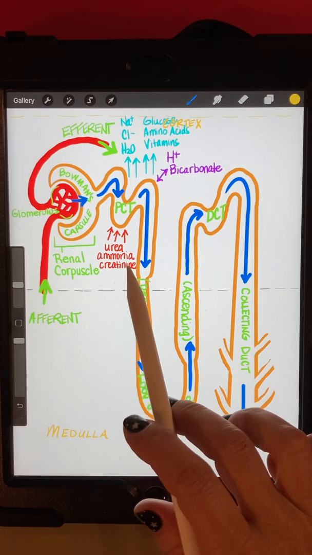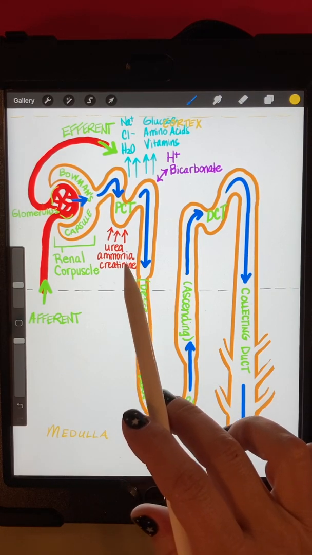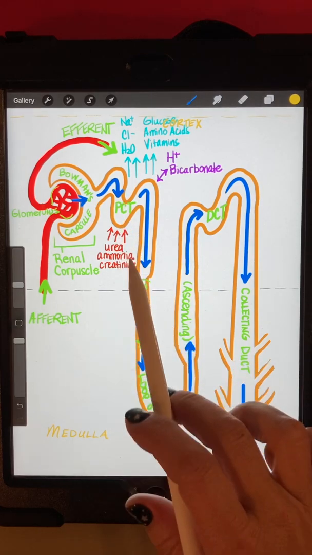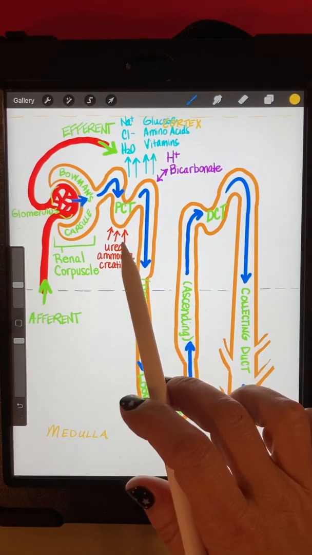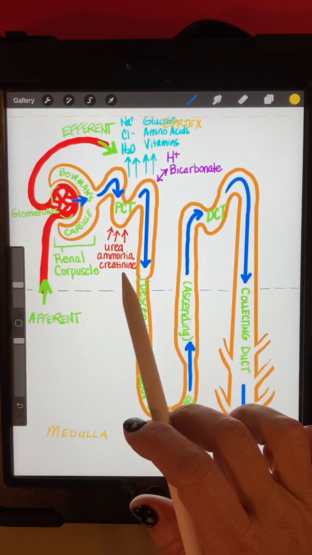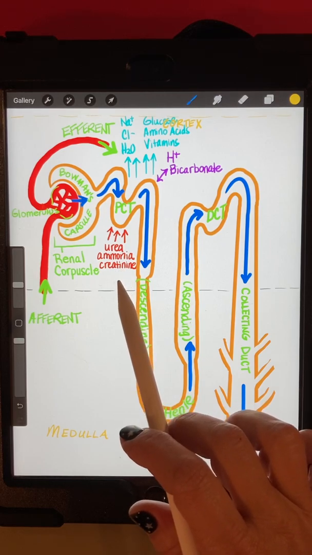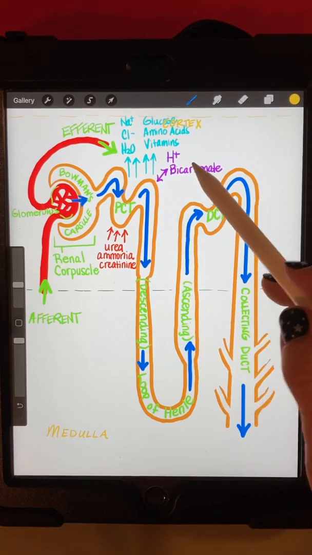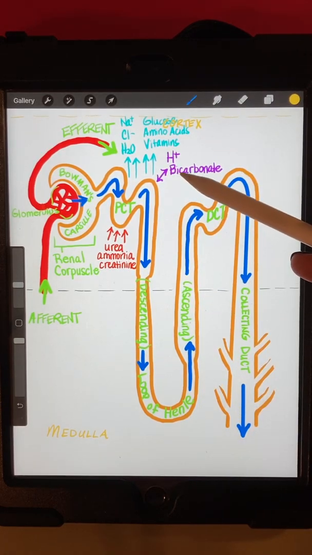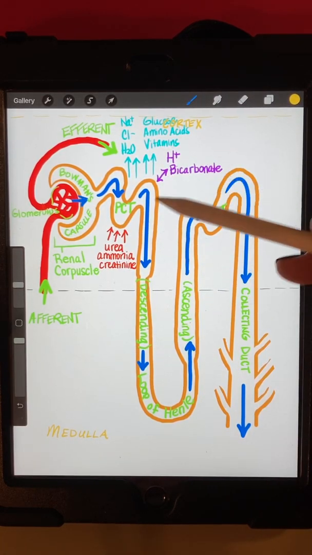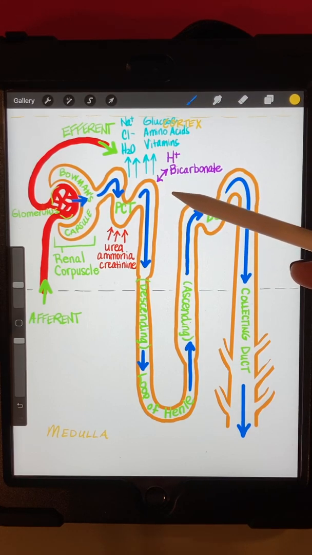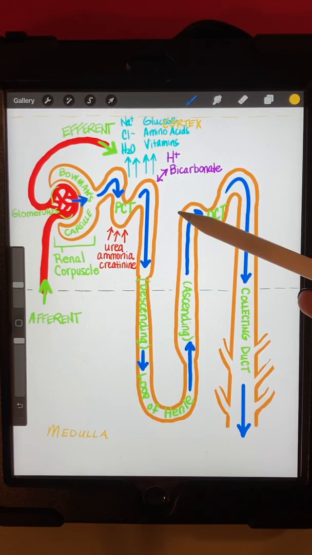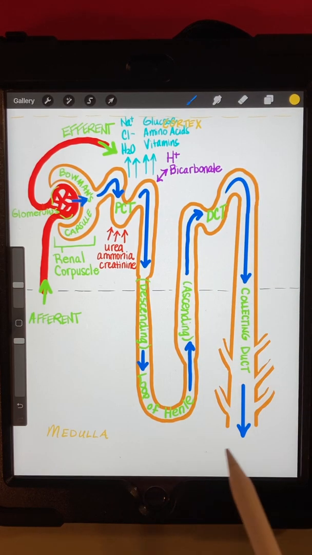Other substances are being secreted into the nephron from the interstitial fluid, and that includes urea and ammonia and creatinine. Also, hydrogen ions and bicarbonate ions are either reabsorbed or secreted